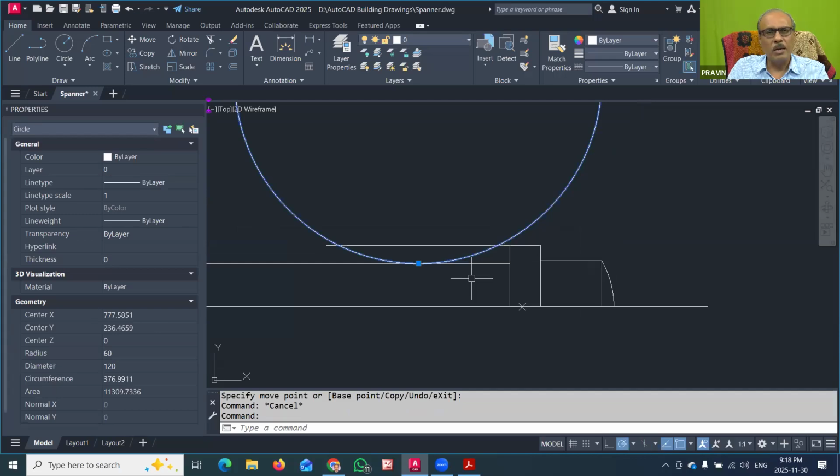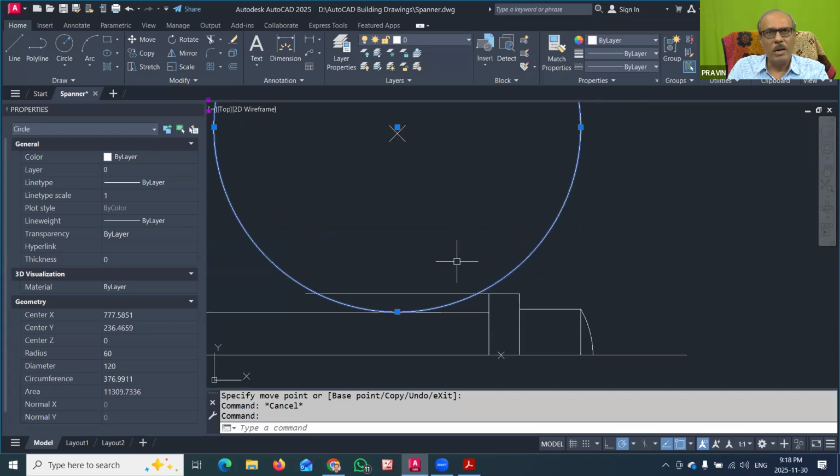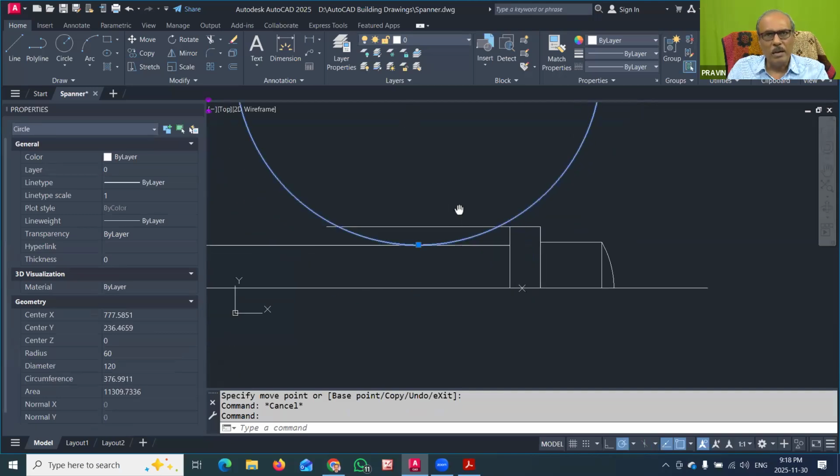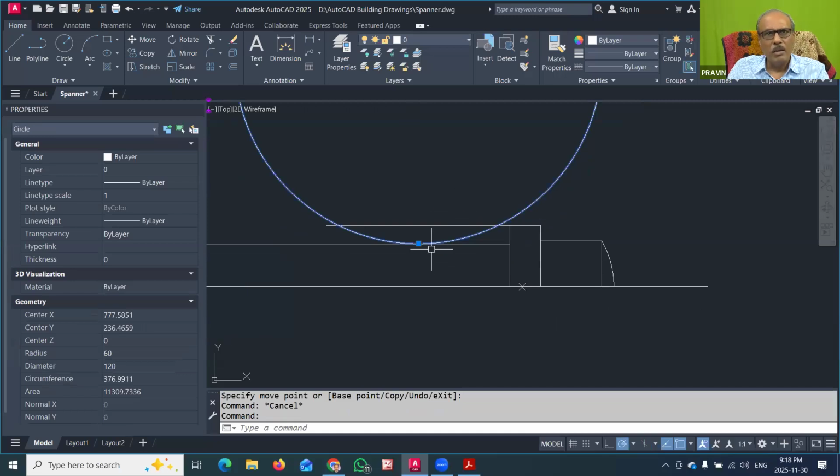Because of that, now we have to identify what should be the radius of this circle. How it can be done, you have to identify, and then only we can complete this edge. For that, you have to identify the circle touching this line, having radius 60 and passing through this point.